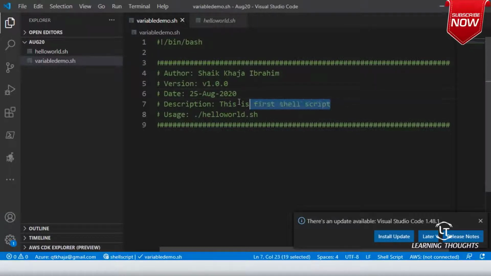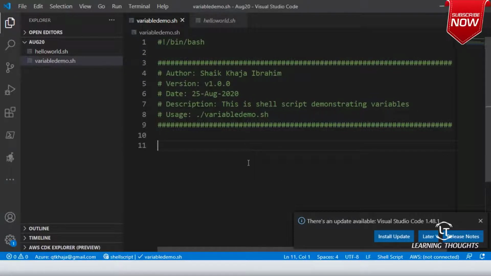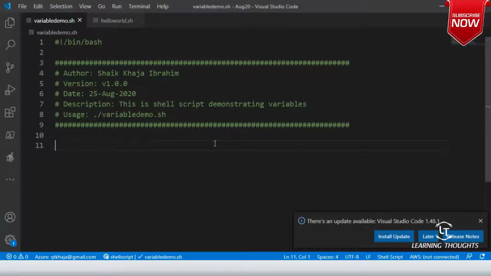Description: this is a shell script demonstrating variables, and here variable demo.sh. We have agreed in the last class that this looks more professional.